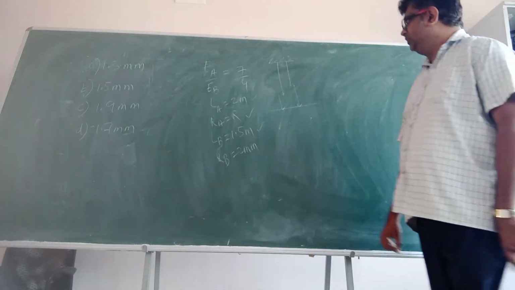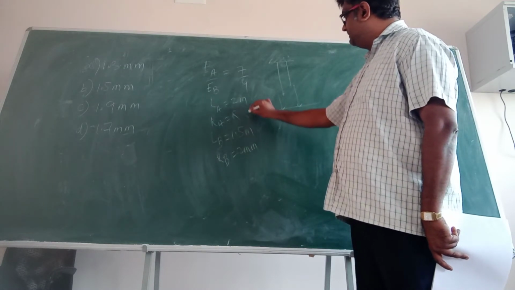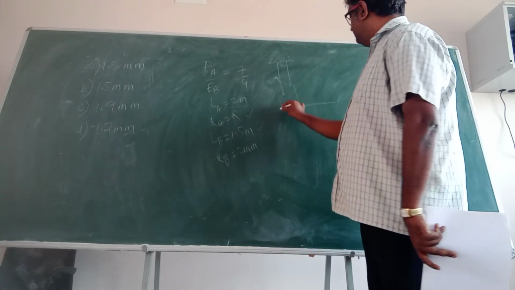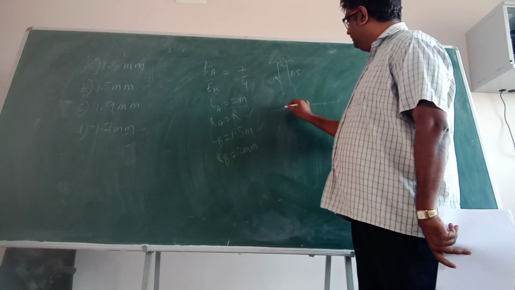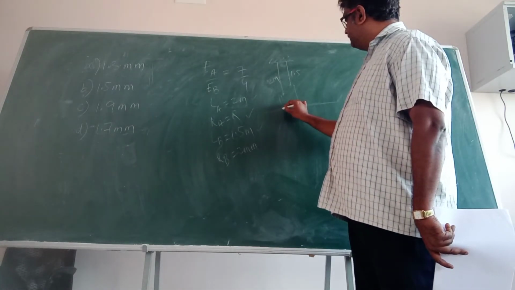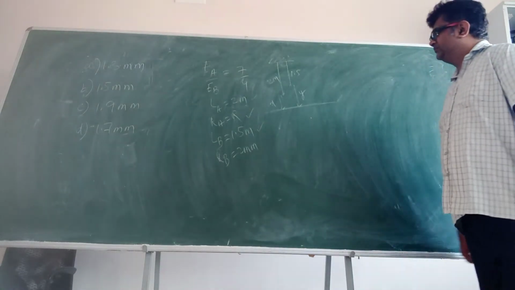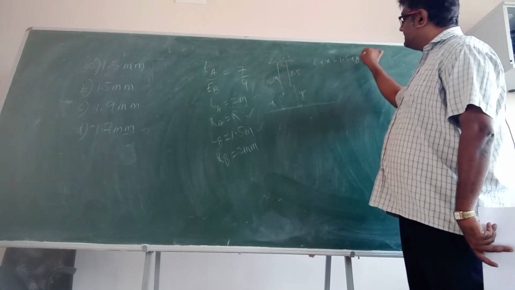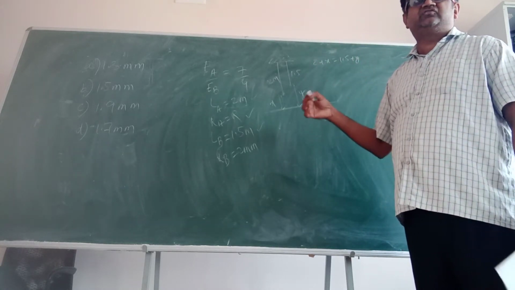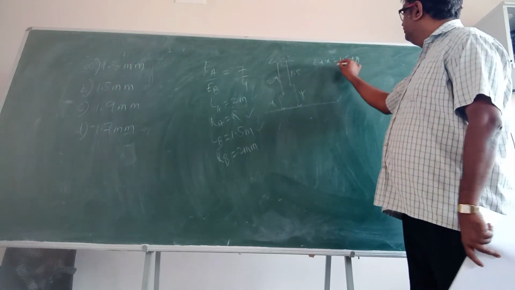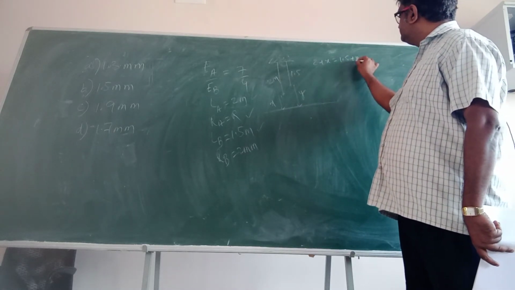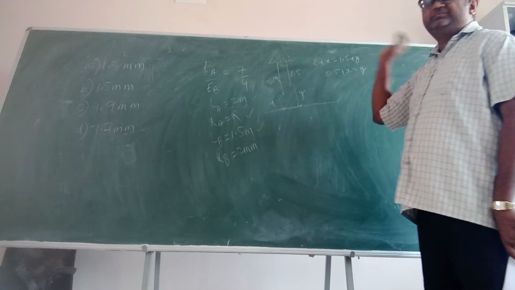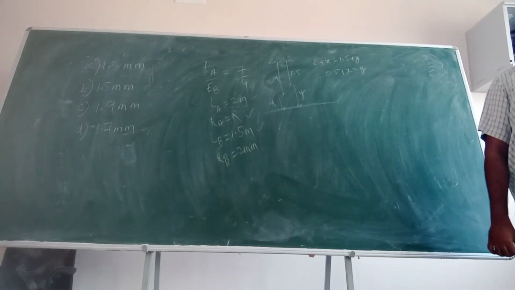Am I right? So this is 2 meter and let us say this is 1.5 meter, and this is x and this is y. Okay? So can I say that 2 plus x is equal to 1.5 plus y? Let us think in a very crude and realistic way. So this is 0.5 plus x is equal to y. This is what I am able to understand.